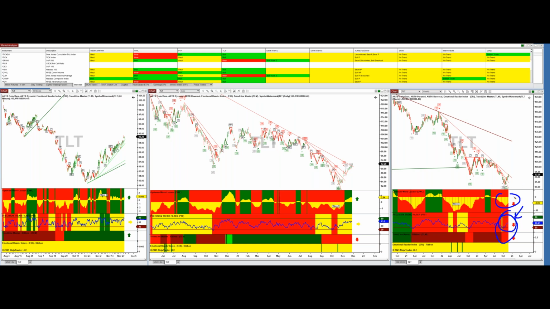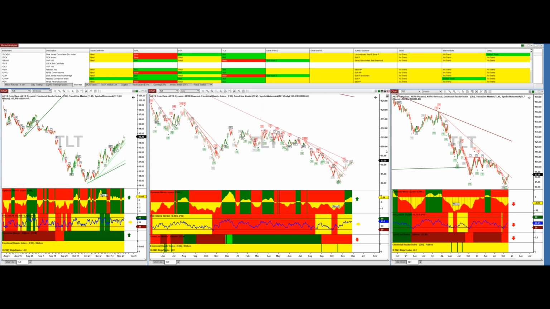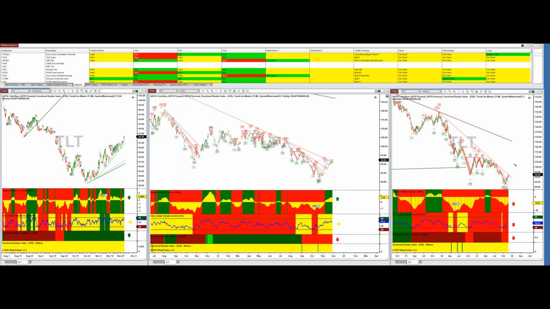This is basically showing possibly one more low. So here's an example of we may be getting close to a hook. The hook would be one more low. And then if you get a bottom and you get that, then jump in at that point. So I'm keeping an eye on TLT because I do want to get in it, but I'm holding off.